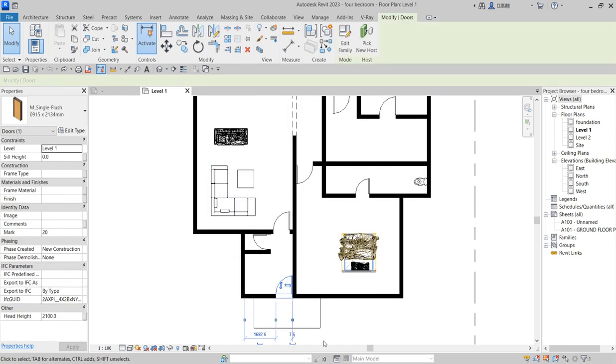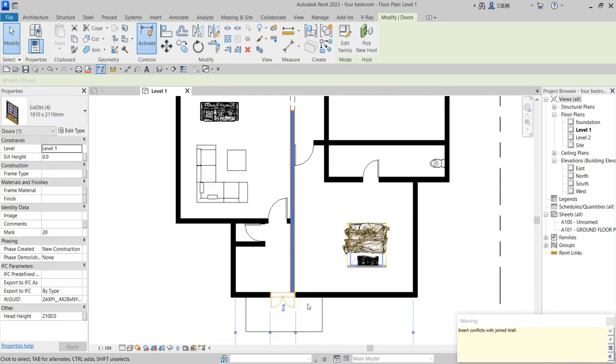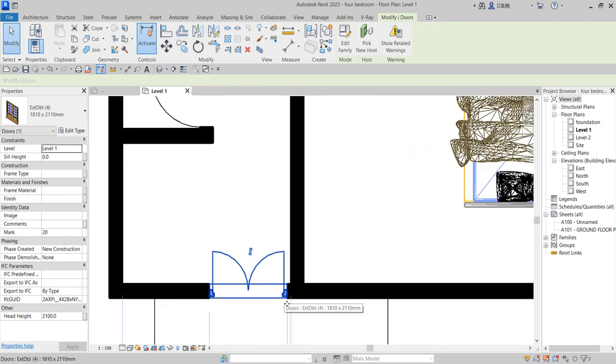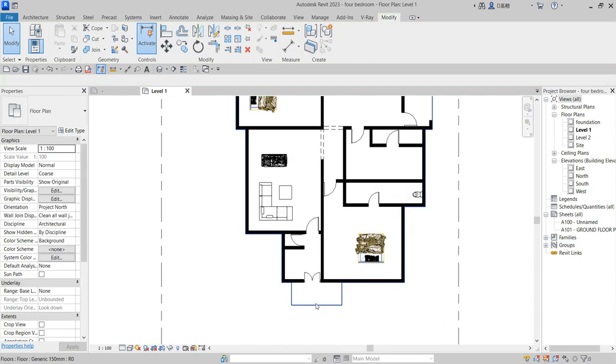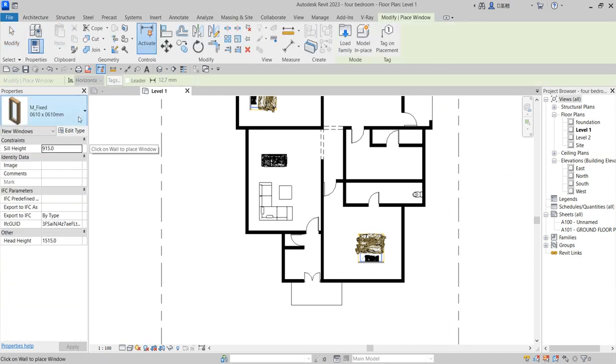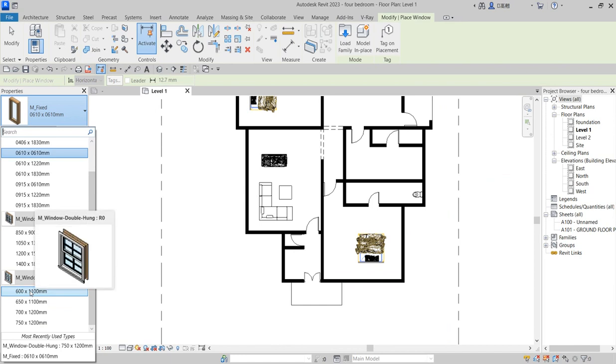So I'm going to change this particular door. I'm changing it to this particular one. So adjust it. The next thing you need to do now is to place a window in this one. What kind of window I want to put depends on your own thinking. So you go down. I want this window 600 by